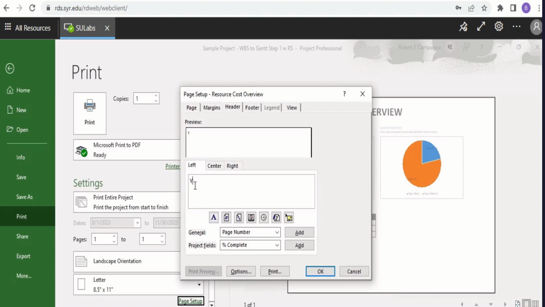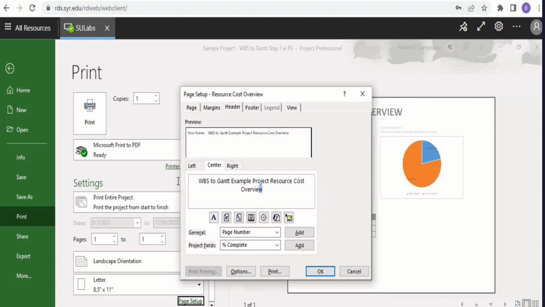Your name and WBS to Gantt, example project. Overview,